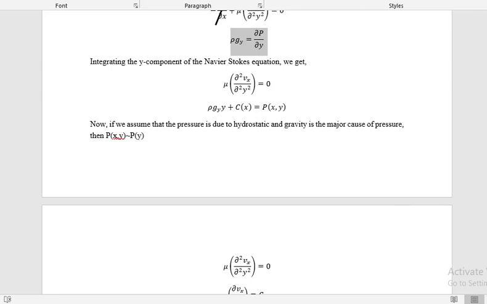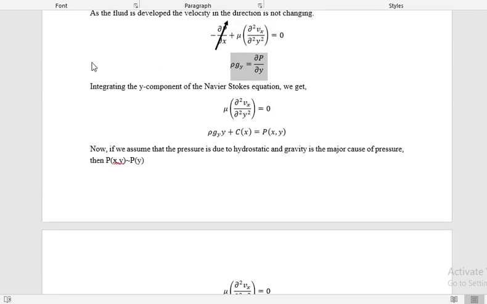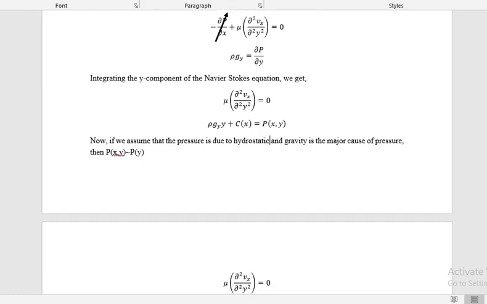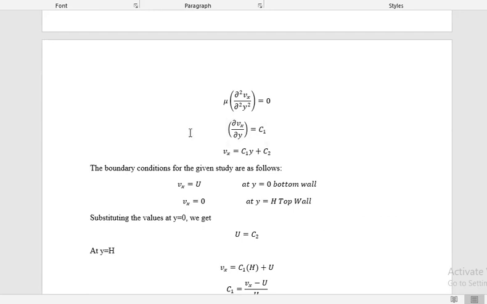Now we will try to integrate this equation. This equation will be written as it is here, and it will be integrated to get a constant c. The p term due to hydrostatic and gravity factor is also equal to p_y. This is not part of your problem, but we are trying to solve these equations. Now after doing so, I have taken the first integral of this equation and then the second integral, and I have obtained this equation, which involves the constants c1 and c2.